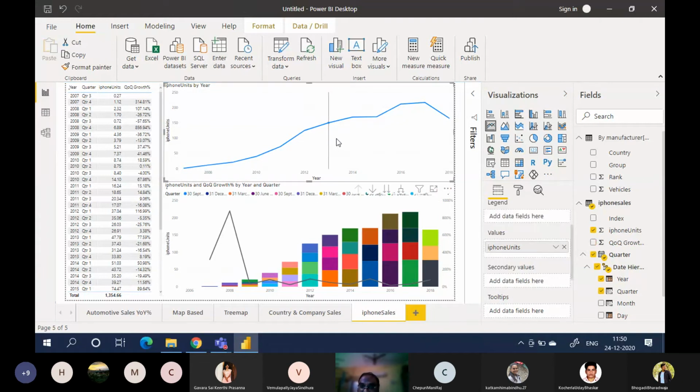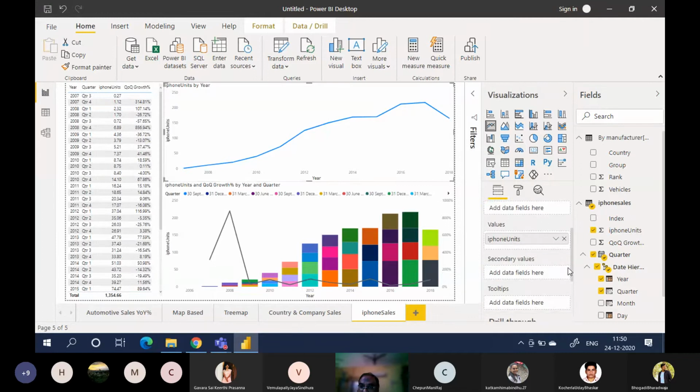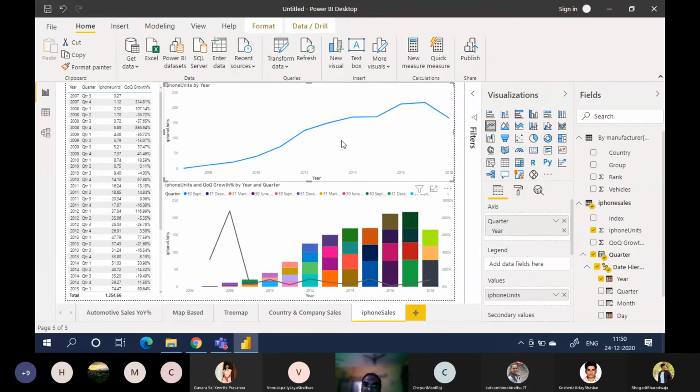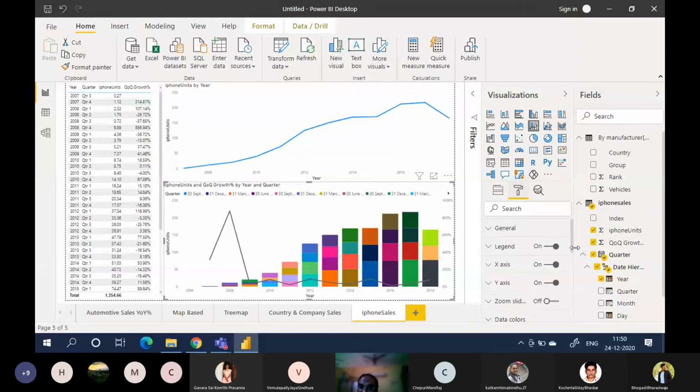So in this line chart, we don't need quarter. We will take only year, because year data is visible anyway, right? Quarter is not visible. So here quarters are visible. For this graph, you can add data labels.